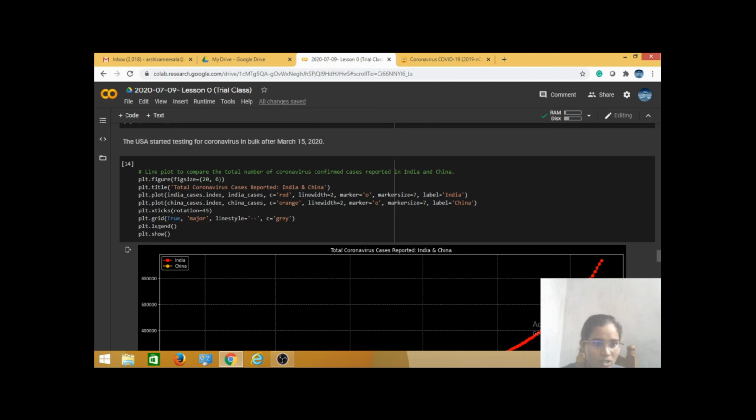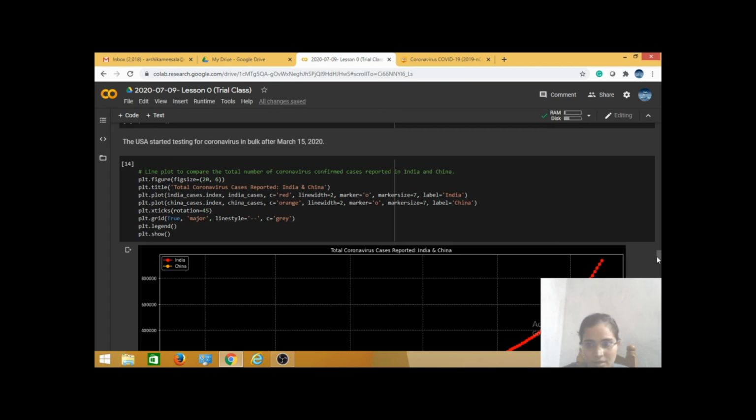Here plt.legend. This legend is nothing but this one. If you want to see the country names and show the difference between those things, then you can use this legend concept. If you use that legend concept, then you get this type of result in your graph.